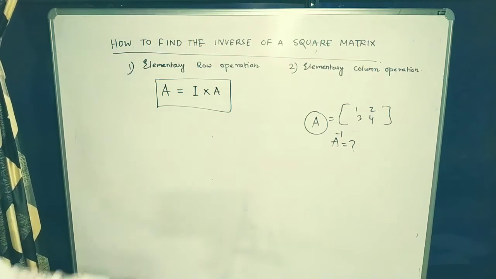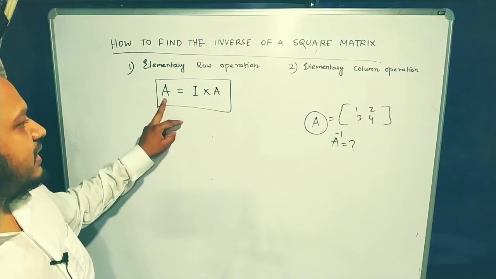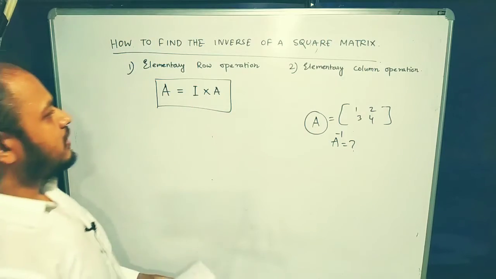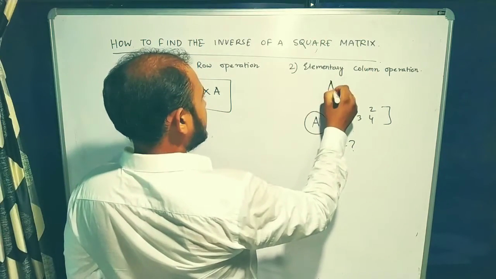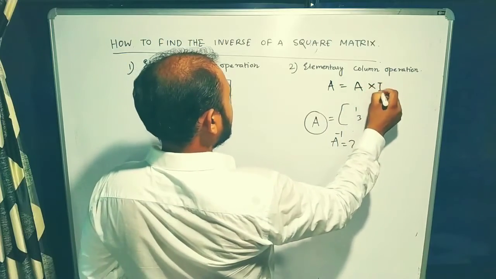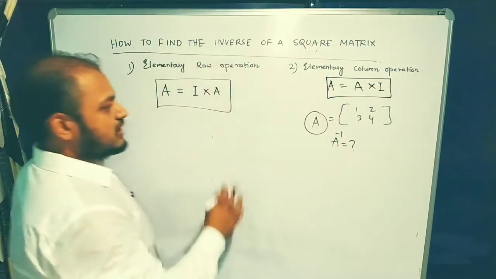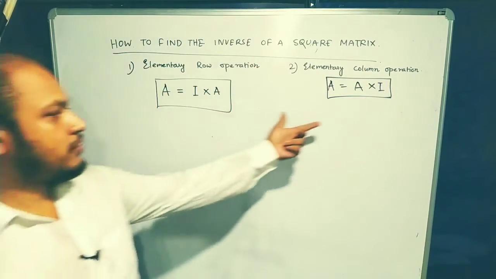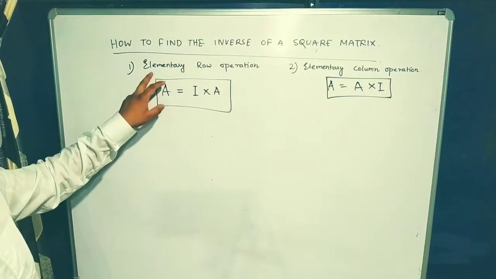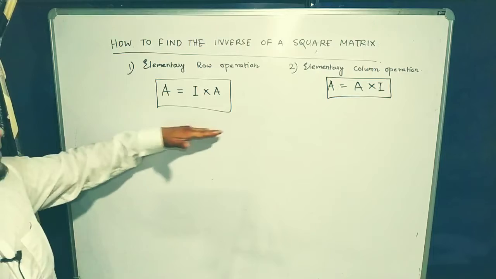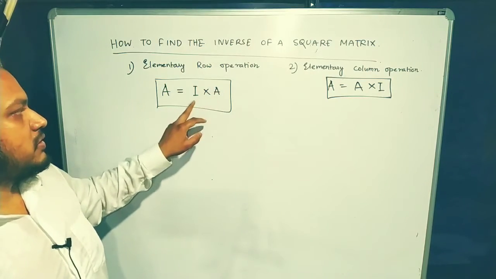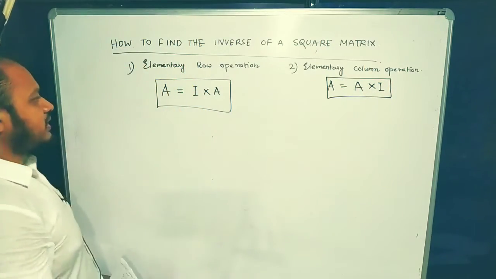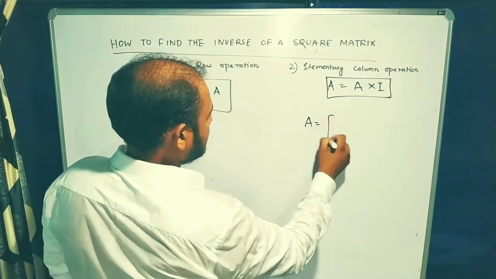The first equation that you will write while using only row operation is that A, whatever matrix he has given, should be equal to I into A. This I is in the first part. And while using elementary column operation, the first equation you should write is A is equal to A into I. Save this in your mind. And these are two techniques for finding the inverse of a matrix. So if you are using elementary row operations only, that means if you are changing only the rows, then you have to use this equation. And if you are using only elementary column operation, then you have to use that equation. Then you will write whatever matrix he has given. For example, he was giving matrix 1, 2, 3, 4.